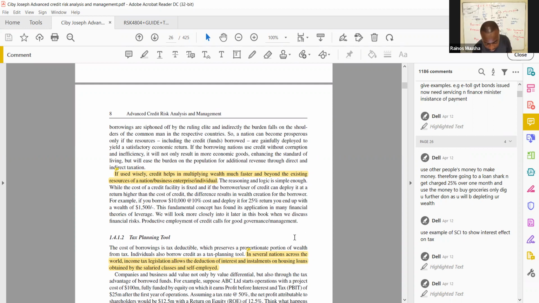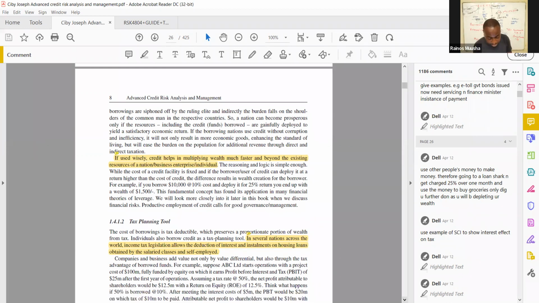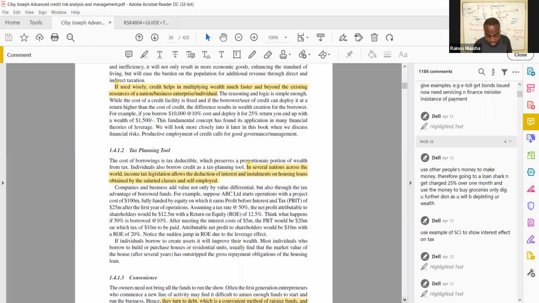Then the other reason is as a tax planning tool. And here they say, in several nations across the world, income tax legislation allows the deduction of interest and installments on housing loans obtained by the salaried classes and self-employed as well. So as a tax planning tool, we're basically saying debt financing allows you to pay less in taxes. So as a typical example, we would say,